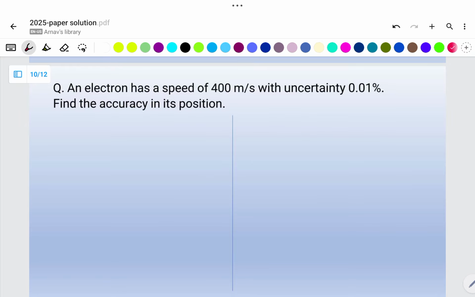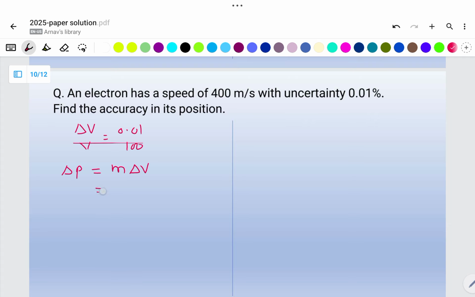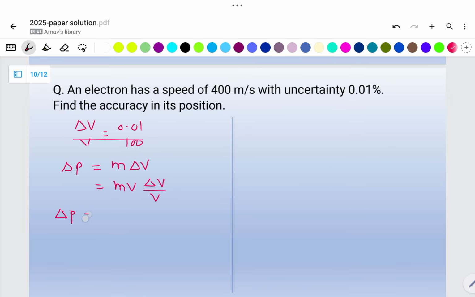An electron has a speed 400 meter per second. Uncertainty is 0.01. So we need to find the accuracy in its position. So what we have given? We have given delta V upon V is 0.01%, so 0.01 divided by 100. We know the uncertainty principle. Delta P is m into delta V. Multiplying and dividing by V, I can rewrite this as,